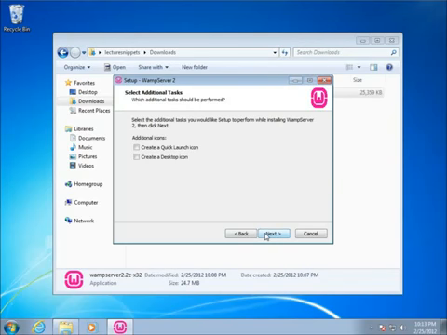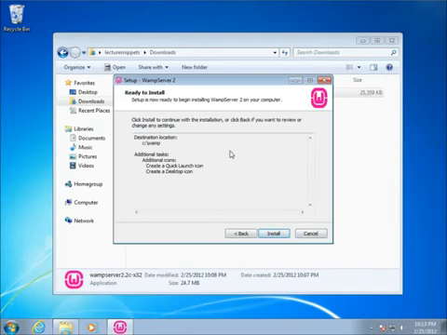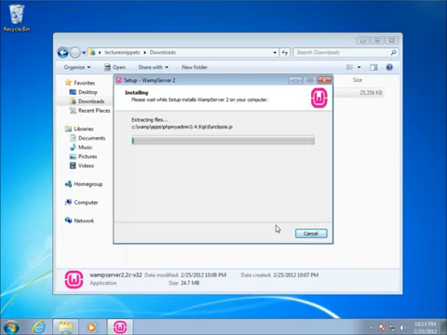We've got the option to choose a quick launch icon and a desktop icon. I do want to have those because it makes it a little bit more convenient to work with, so I'm going to go ahead now and hit next. And I've got the summary of everything that's going to happen. I'm just going to go ahead and choose install now, and it's going to run through this wizard. We're going to have a couple more dialog boxes that are going to pop up that we'll need to use,